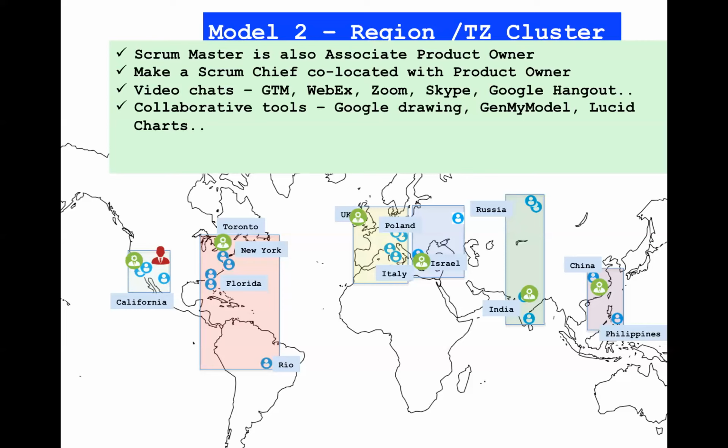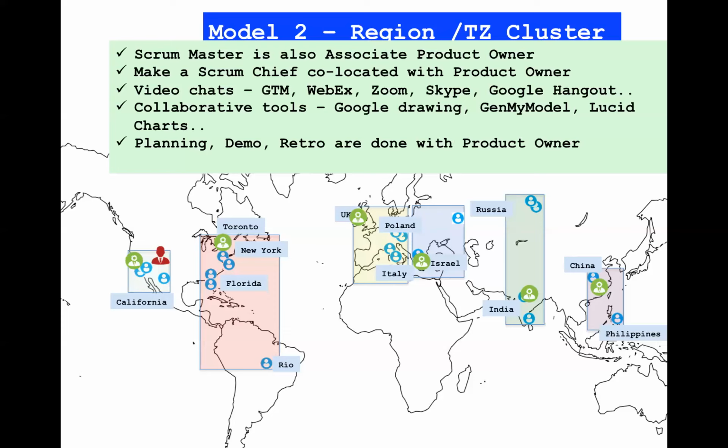Using collaborative tools for designing, right? We're all engineers. We like to draw things. We like to communicate using drawings or models or some kind of modeling languages. There are all these tools like Google Drawings, GenMyModel, Usage Charts. There's so many that allow you to have a collaborative tool, meaning more than one hand can work on the same drawing and have the view at the same time, and see how everybody's changing that drawing or model. It's very useful. I use this all the time. I cannot imagine being able to work without it, even in a co-located kind of scenario.